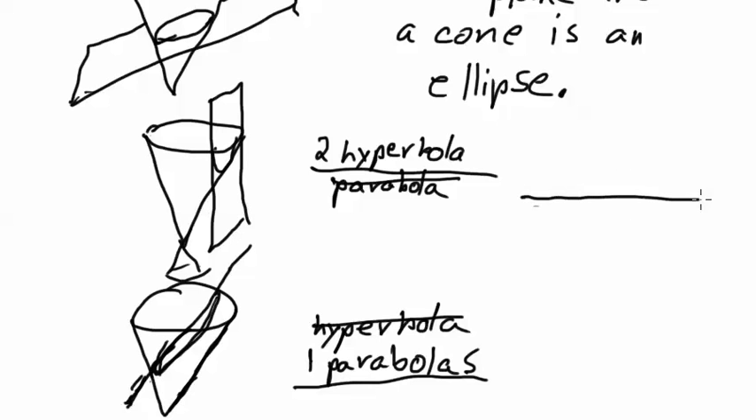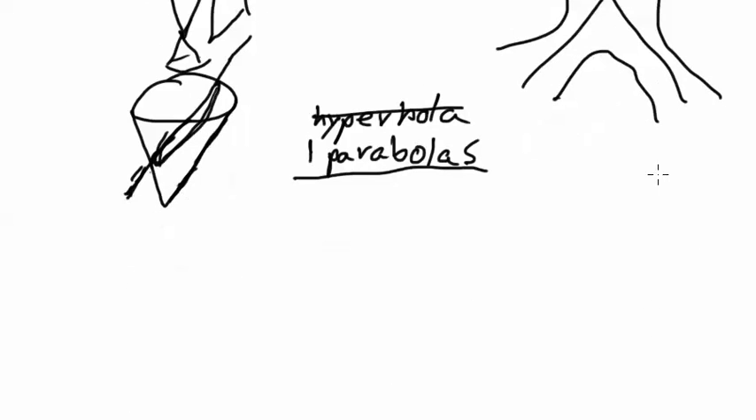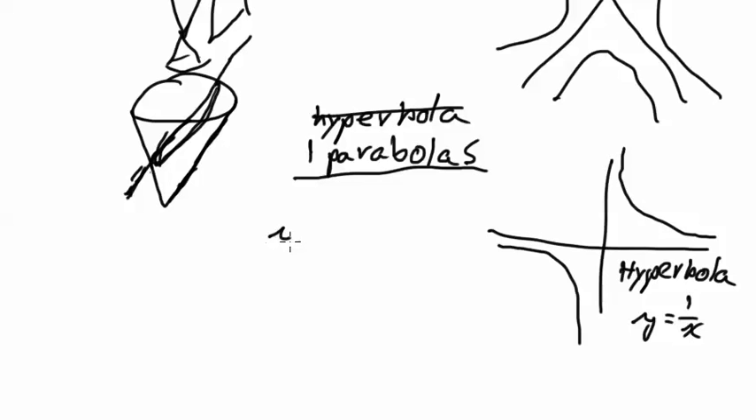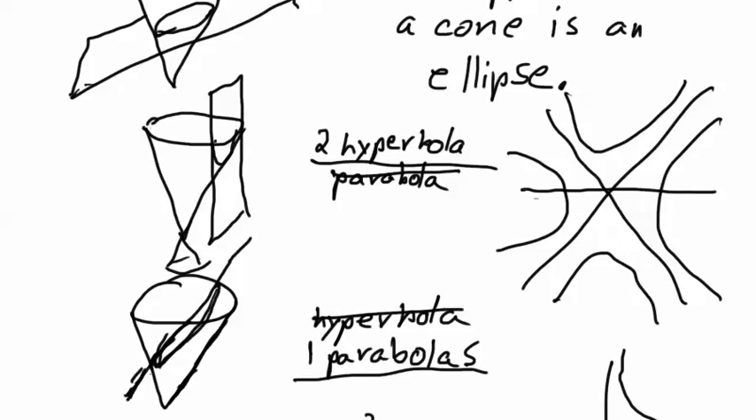So a couple of examples of hyperbolas kind of look like this, or you can put them sideways. The simplest description of a hyperbola is this one. Y equals 1 over x gives you a parabola, or I mean hyperbola. On the other hand, the parabolas go y equals x squared, and these hyperbolas up here are described by